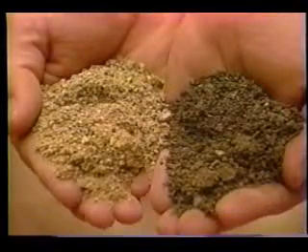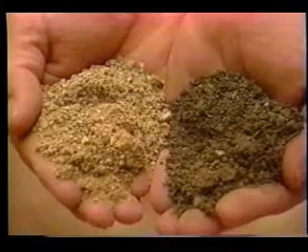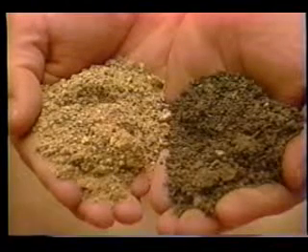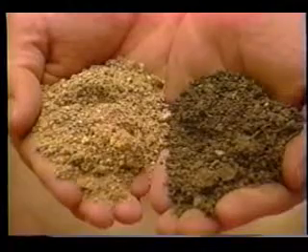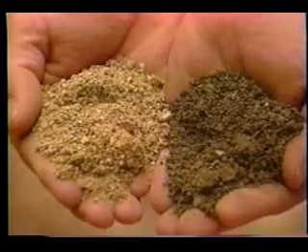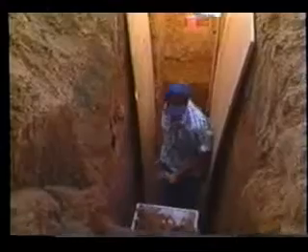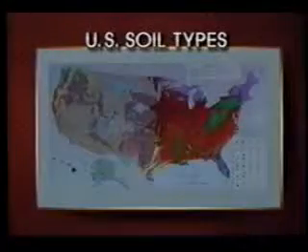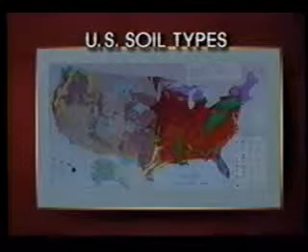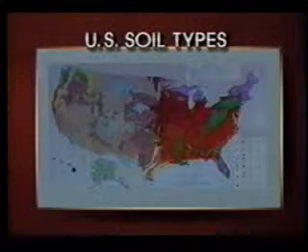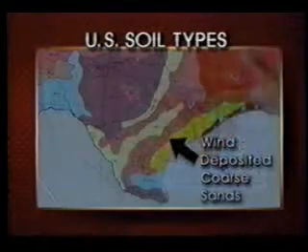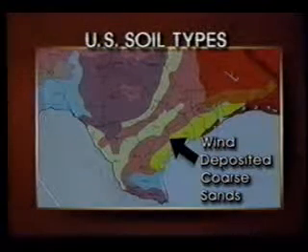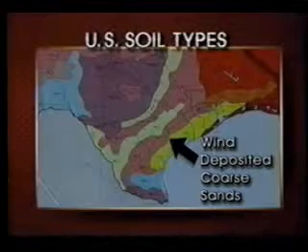The soils of the United States are widely different in texture, color, slope, drainage class, and parent material. However, they all have soil properties that can be observed and measured. There are thousands of different kinds of soils in the United States. Soil scientists define and describe soil properties and use that information to classify U.S. soils. Examples of major soil types are wind-deposited coarse sands,